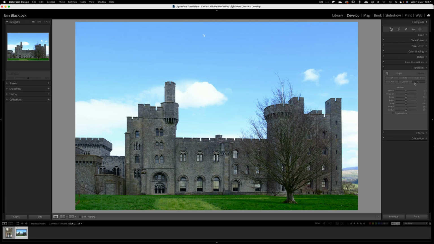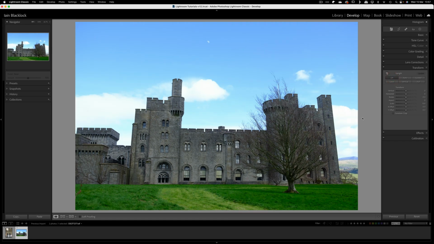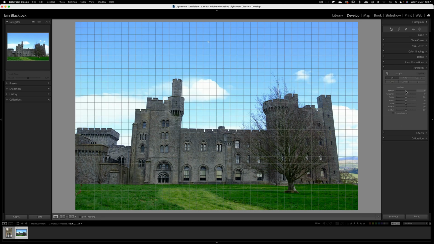Which one of the options you choose very much depends on what your picture looks like to start with. As we saw, we could have probably got away with just vertical because my horizon was already quite level. So you just need to have a look at your picture, maybe try a few and see what works best. The other option, of course, is you could do some of this manually. If we turn this back off again, back to our original picture, we could use our vertical slider here to